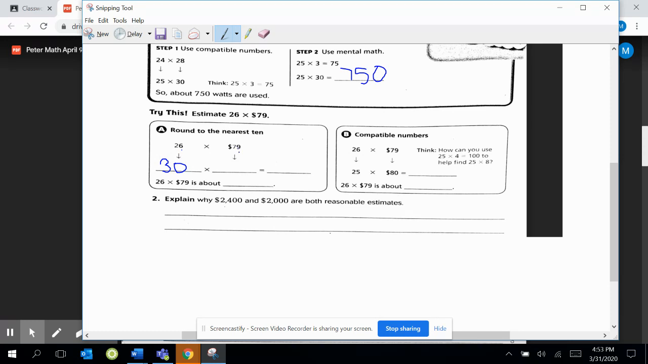And let's look at this number. 4 or less, let it rest. 5 or more, raise the score. 9 is bigger than 5. So we're going to raise the score. So this would be 80. Okay? And then,